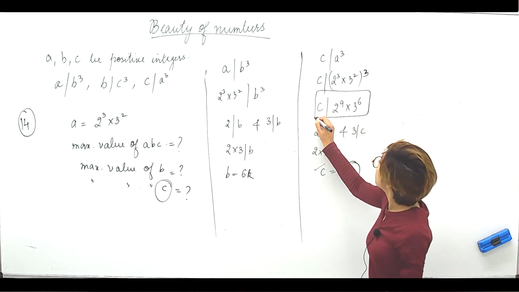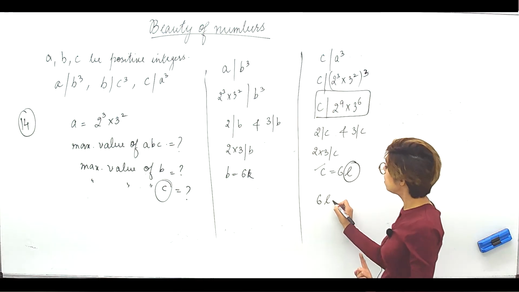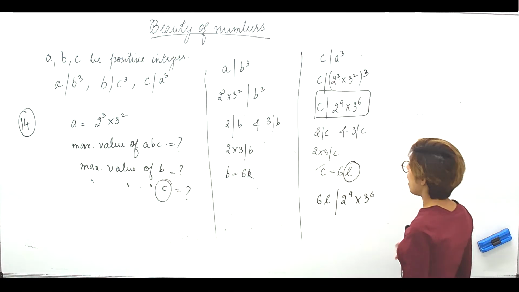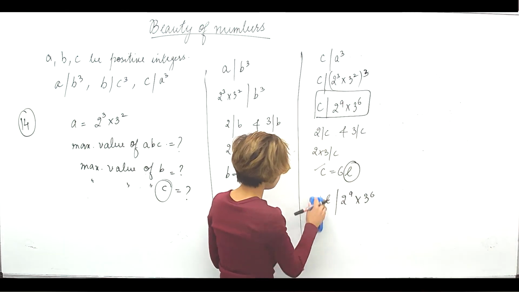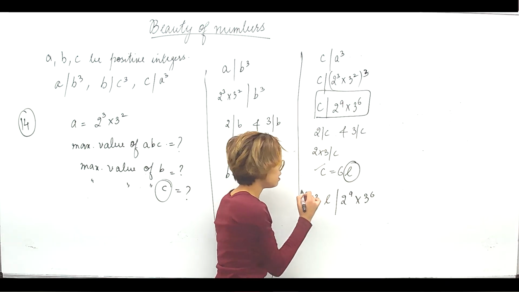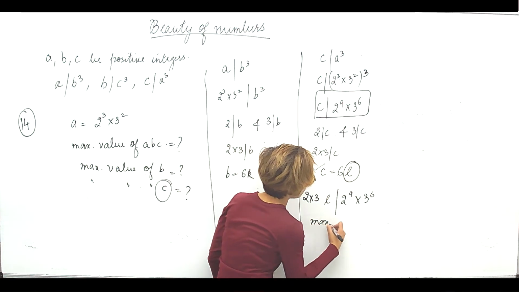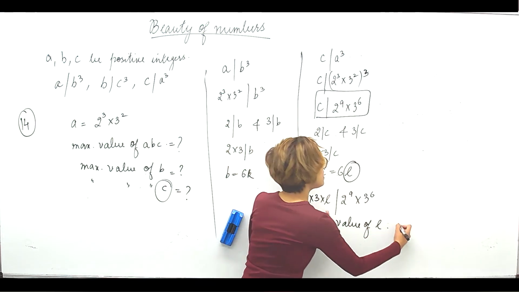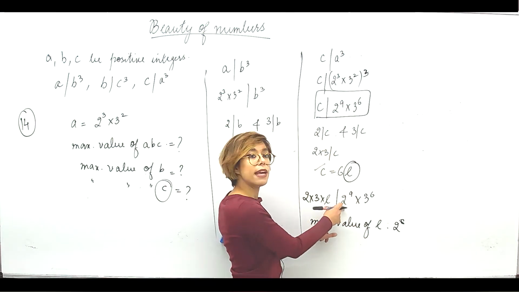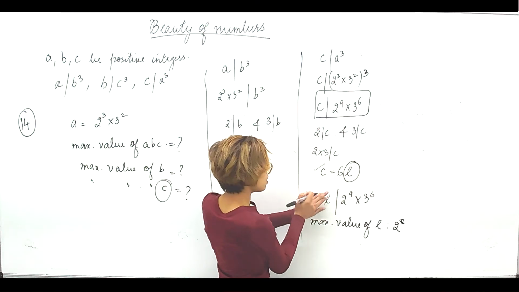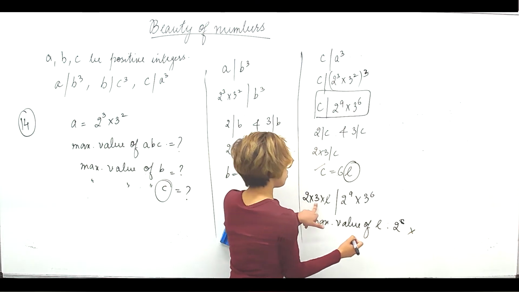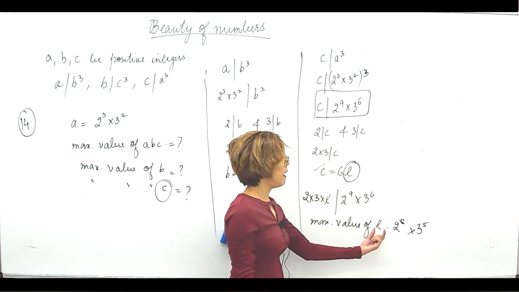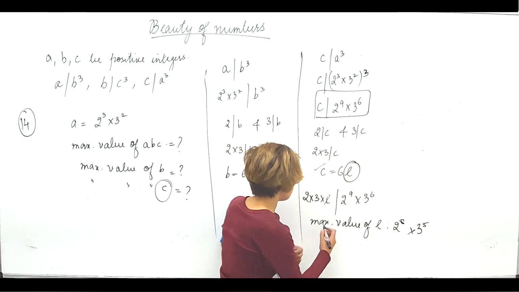Now let's look at this and study it. We have got that C is 6L and it divides 2 raised to power 9 into 3 raised to power 6. I want the maximum value of L. So let me write 6 first as 2 into 3 so that I can better see it. Now, the maximum value of L, can you tell me? The maximum value of L will be 2 raised to power 8. Because here there is 2, and this is 2 raised to power 9. Obviously, I want 2 raised to power 9 to be formed here. So 2 raised to power 8, and for 3, since there is 3 raised to power 6, that means 3 raised to power 5. So the maximum value of L is this. But I want the maximum value of C. So the maximum value of C is